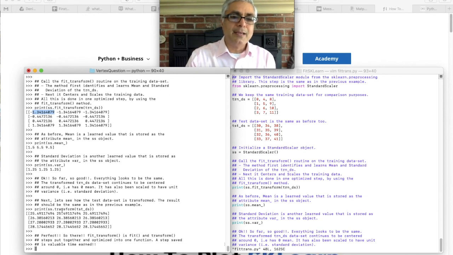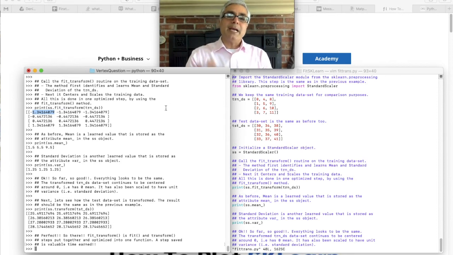And then finally, we call transform. Note, we don't call fit_transform on the test data. We only call transform on the data. So again, the data is the exact same as when we did it in 3 steps in the previous example. Instead of 3 steps, we now do it in 2 steps. So it's big time savings.